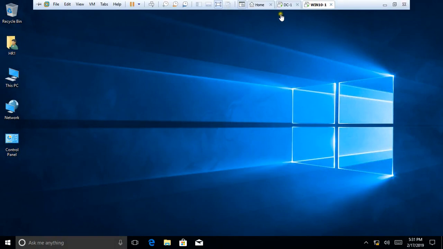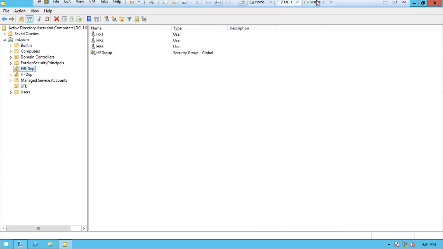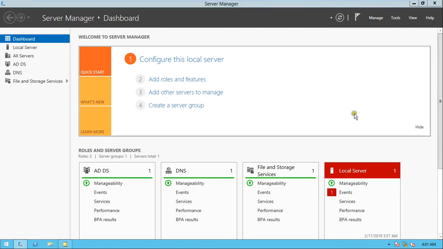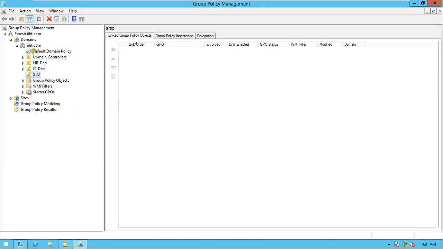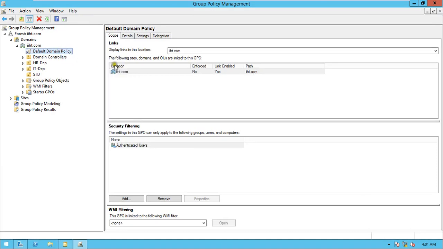So here what I will do, I will come to DC1 to configure the policy. I'll come to my Server Manager. In Server Manager I will open Group Policy. In Group Policy I'll come to Default Domain Policy, right click, edit.